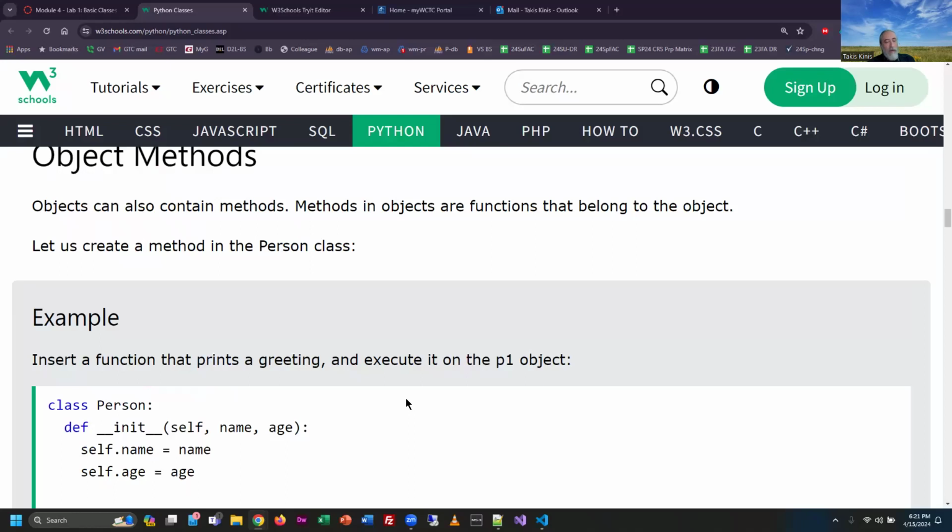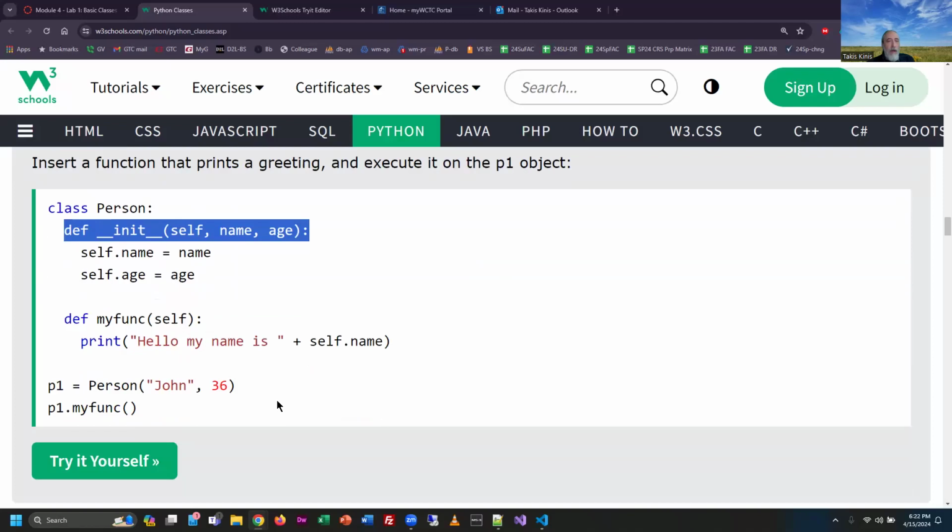Now, we started with the constructor function, and really we should call it a method, because why? Because it is a function that's inside of an object or a class. So that technically is called a method. But beyond the constructor, you can also create other functions inside of an object so that when you call upon it,